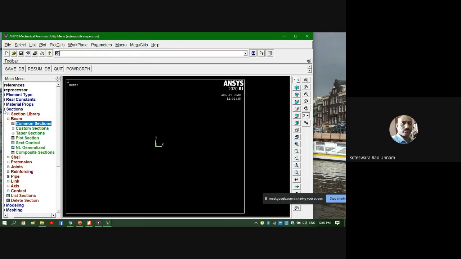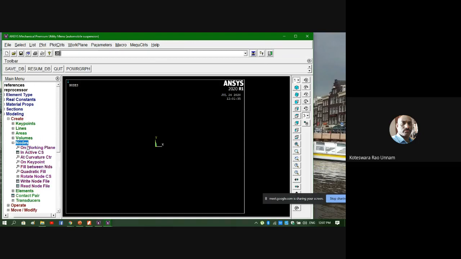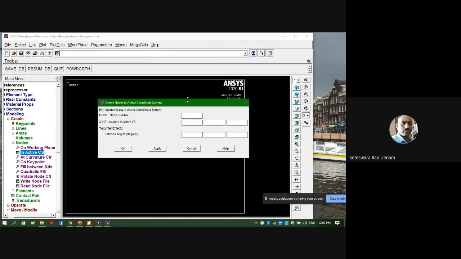So now I'll create the nodes. We already discussed earlier, we need to create 5 nodes. So we need coordinates for those 5 nodes also. I'll create those nodes directly. So to do that, I'll go for modeling, create, then you click on nodes in active coordinate system. So node numbering, I'll take default. It will give you the automatic numbering. So the only thing is I'll enter the coordinates. So here first one is at 0, 0. I'll click apply. So blank will be taken as 0.